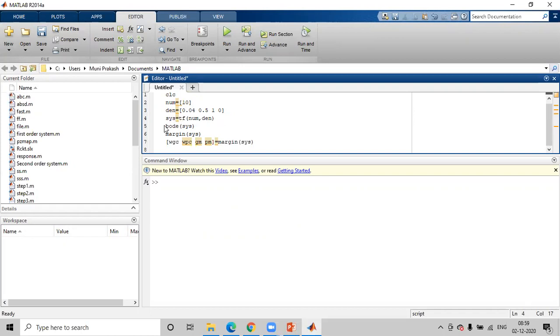For the transfer function of that system, we are applying the Bode plot, and the graph will come. From that graph, we need to identify the domain specifications for the margins, and we are specifying which domain specifications we need to calculate. Right, so this is the programming part, and now we'll save the file.